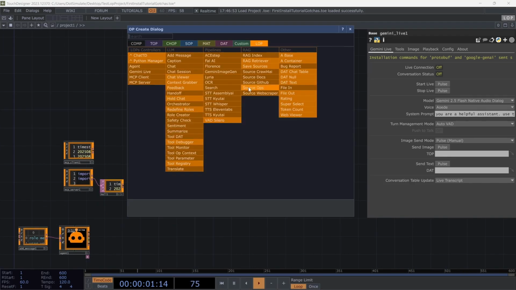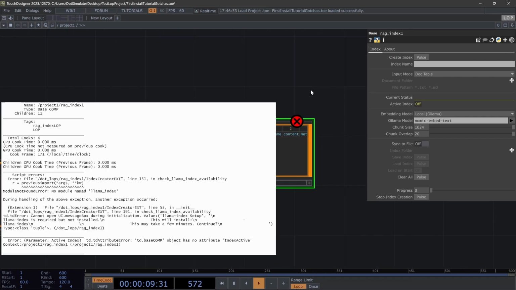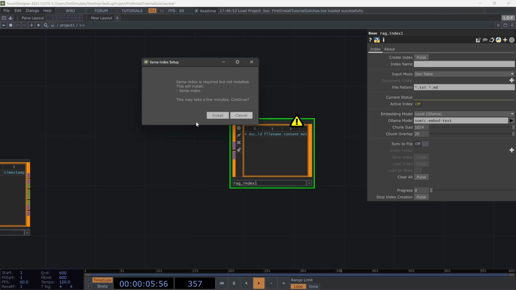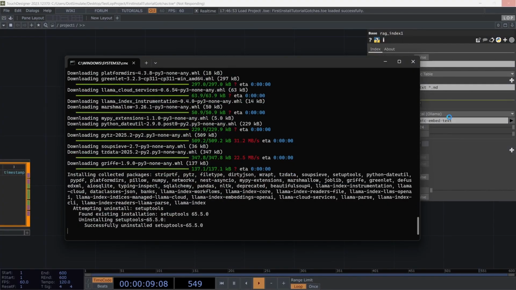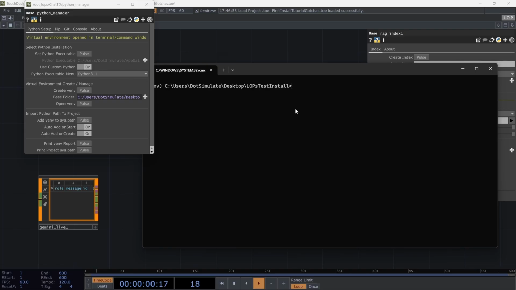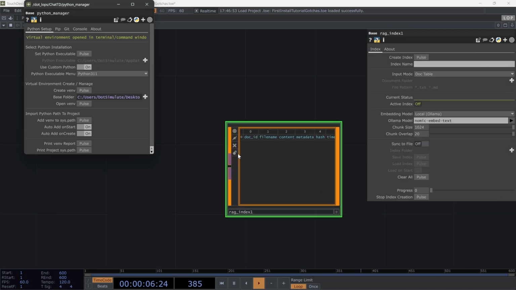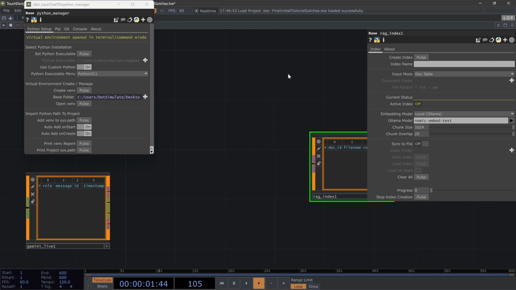Then there's also an issue with the RAG indexer. This is just saying that it doesn't have the llama-index, which if I disable and enable that, it's going to say to install this. But currently I'm missing a pip installation for llama-index that will allow the local embeddings using Ollama to work. In the Python manager, open via env, and then I will have all of these in the description, but you're going to want to pip install llama-index-embeddings-ollama. Now that we're back in here, just hit this X again,